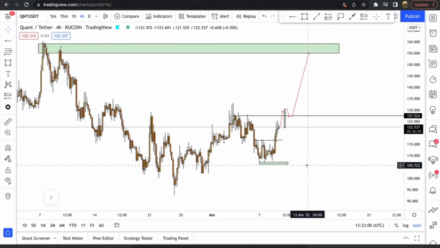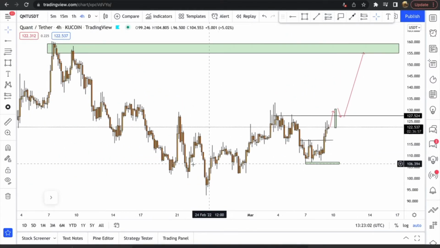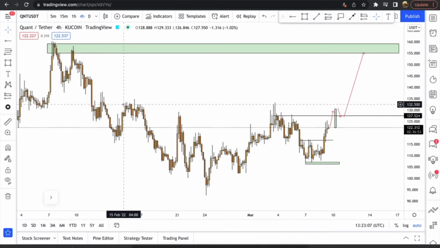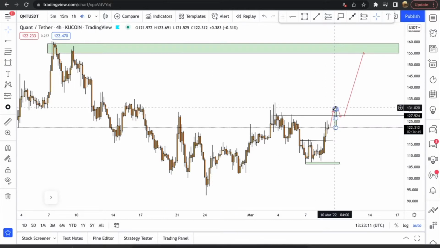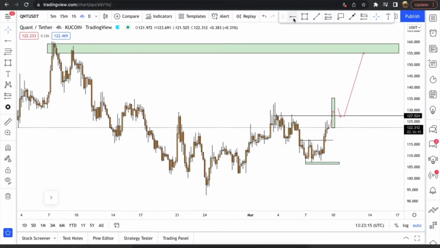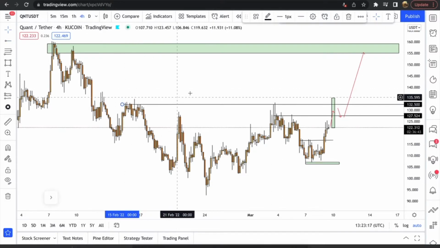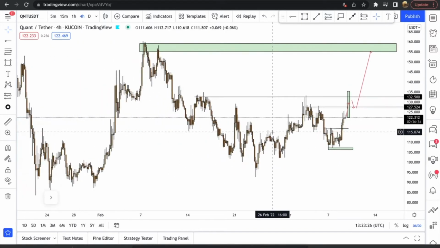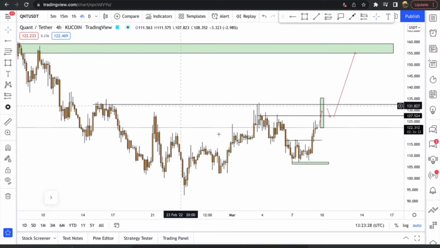So that's basically, I'm not going to waffle on about it too much. The structure is fairly messy, and it is fairly messy from this part onwards here, to be fair. Looking at it a bit more now, if you could get a break and close above this level, then you are basically pretty much guaranteed that continuation, all being well that Bitcoin didn't just flip over and do something a bit crazy like it does sometimes. But I am suspecting if you can get a break and close above that level there,